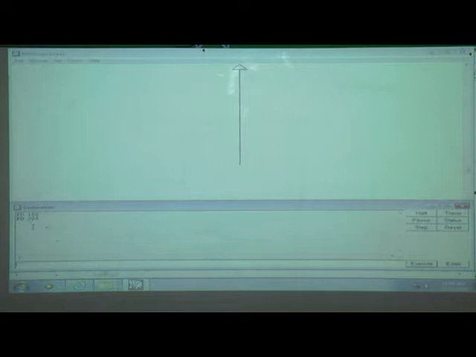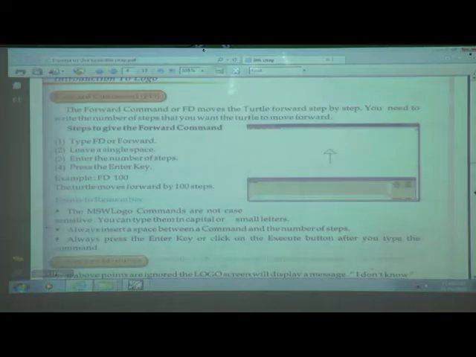And now we want to erase all this. Which command is useful? CS, right? CS, and then press the enter key. Then the turtle will come to the home position. Clear, everyone? FD. What is the use of FD? To move the turtle to the forward side.